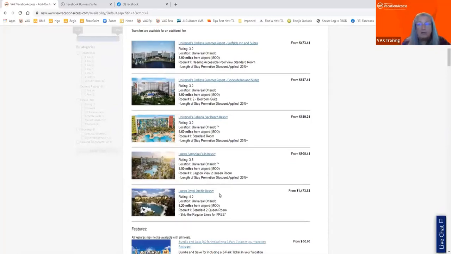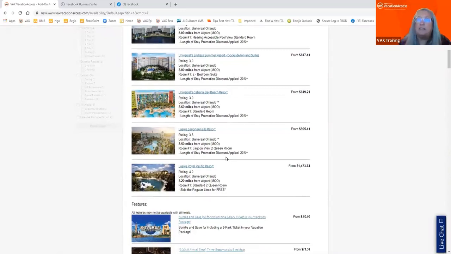Sending this email gives them the opportunity to peruse each of those profiles and determine which one looks most exciting and most fitting for them. And then they can reply back to you and say, hey, yes, let's go ahead and plan this. We are so excited about the Loews Sapphire Falls Resort, or whichever one. Again, if they have kids, maybe the Cabana Bay is going to be more fun for them. So these are a great way to show this.